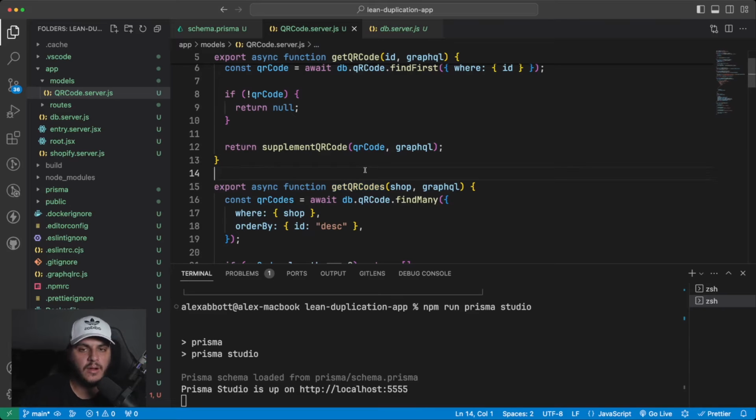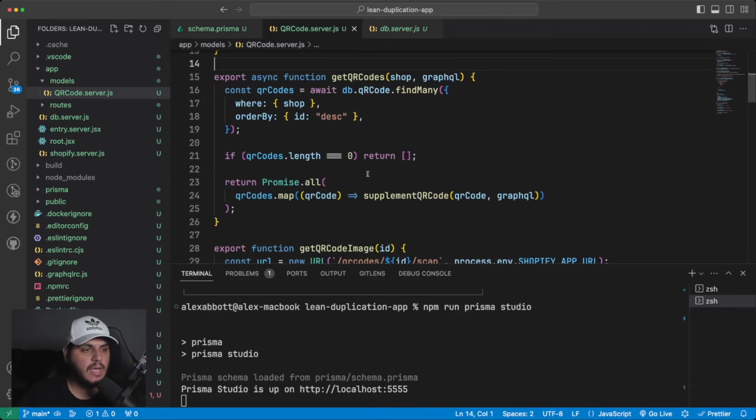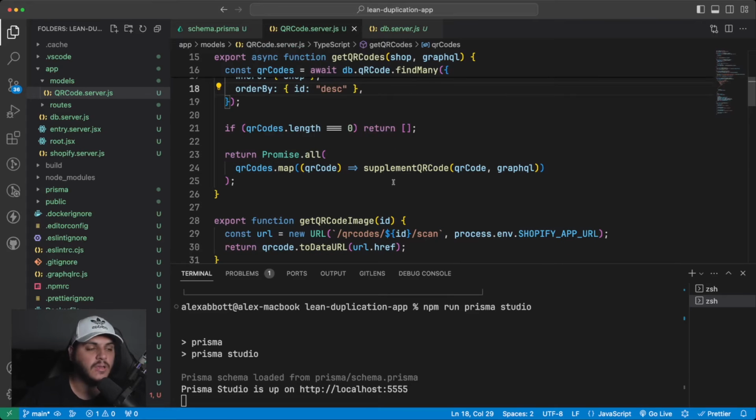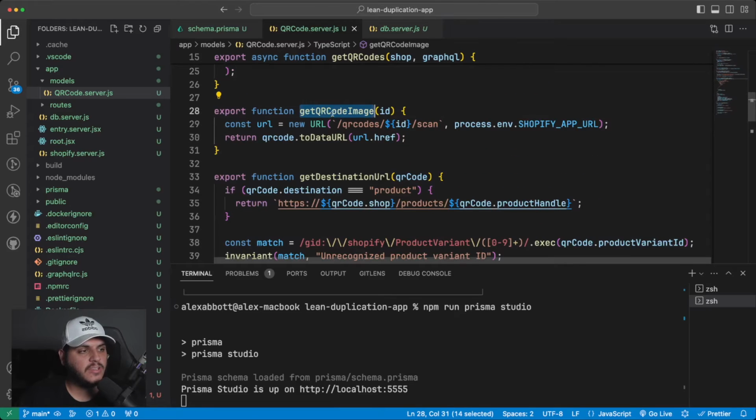We are querying our QR code data model again, but this time we're using the find many method that Prisma gives us, and we're querying on the shop field and finding all of them that match the shop that we passed in to the function. And then this eventually returns an array with all of those QR codes after running each one through this supplement QR code function. The next function is get QR code image, which uses the QR code library that we installed